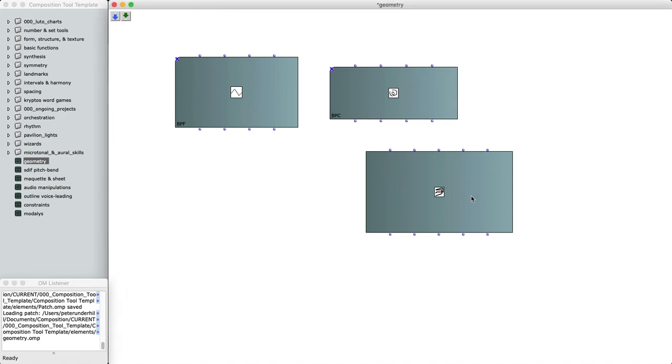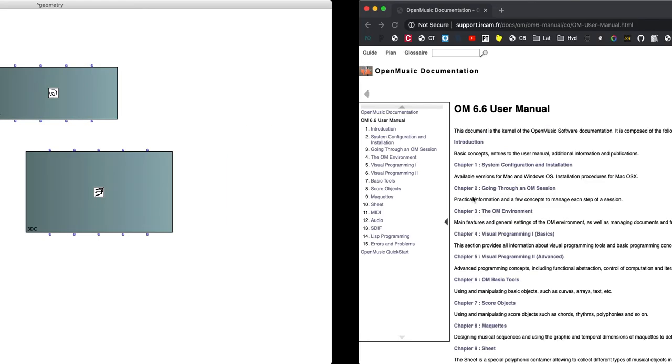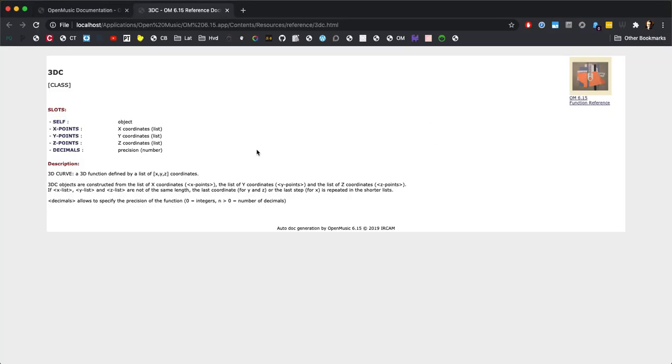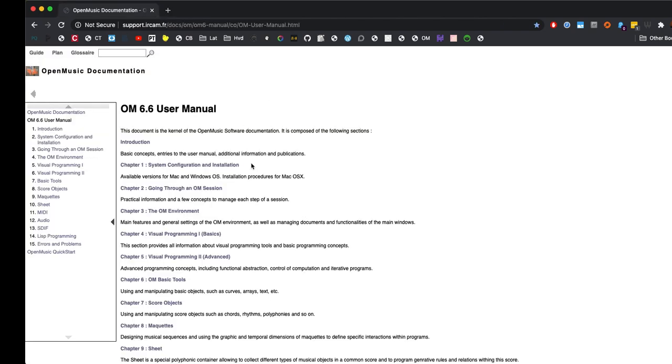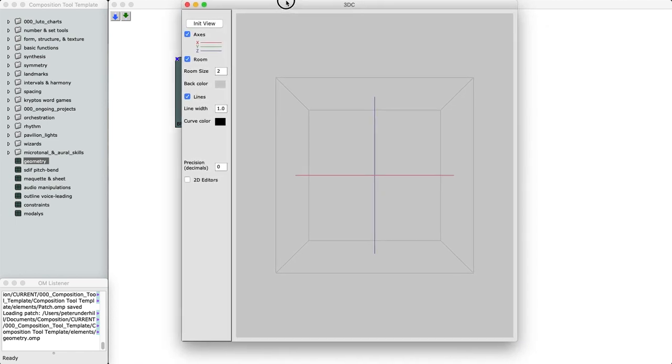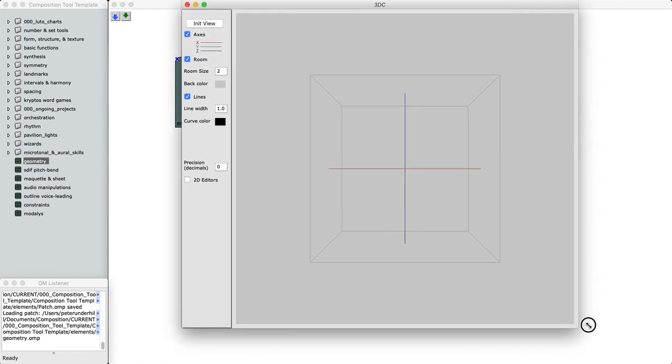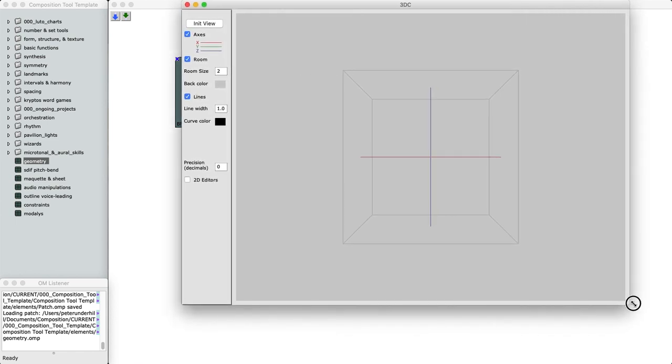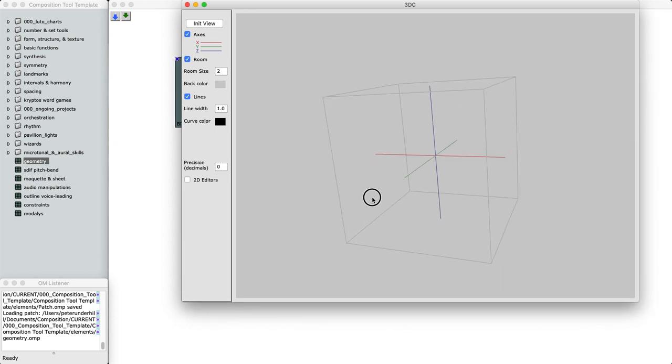And lastly, I'll pull up this last one, the 3DC. Let me pull up the documentation so I specifically know what that stands for, yeah, okay, 3D curve. Excellent. So at first, this editor looks maybe a little bit different because it starts with a sort of viewing pane here where we see three-dimensional